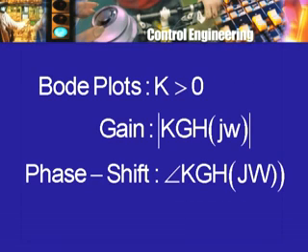Now, of course, K being positive, the modulus of this is the same as the modulus of GH(jω). So, we need not worry about K; we can always take the effect of K into consideration later on. Similarly, K being positive, the argument of KGH is the same as the argument of GH. Now, we can of course make use of the pole-zero diagram and get some idea about how these two